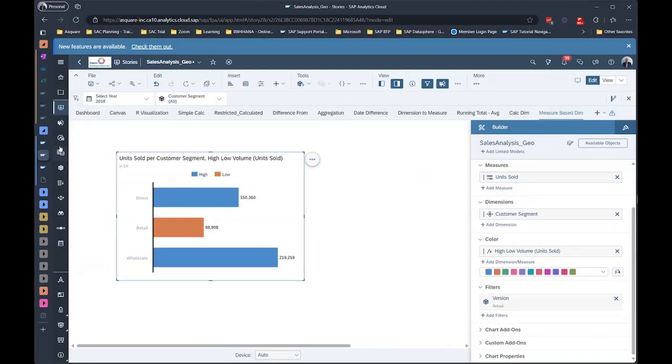Okay. Can we use an input control for the dimensions here? Sorry? Can we use an input control for the context dimension? Yes, you can. If you remember, when we edited the calculation when we were creating this, we have the filter context. And in the filter context, you can put the dimension, and the value for that dimension can be an input control as well. So I leave the dimension context as version only, and the filter context I'll put the